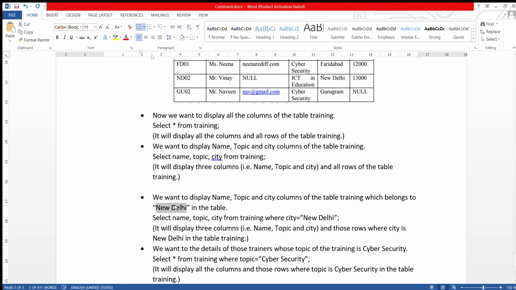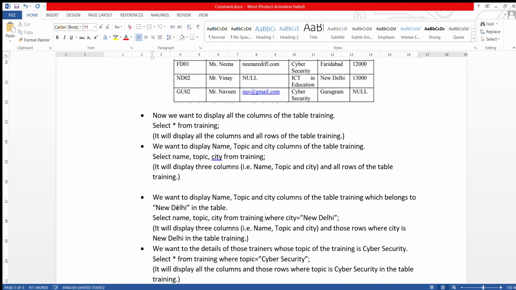Now we don't want to display all the rows. We want only selected rows with these three columns: name, topic and city. So just see the command. Select name, topic, city from training. So it will display three columns: name, topic and city.